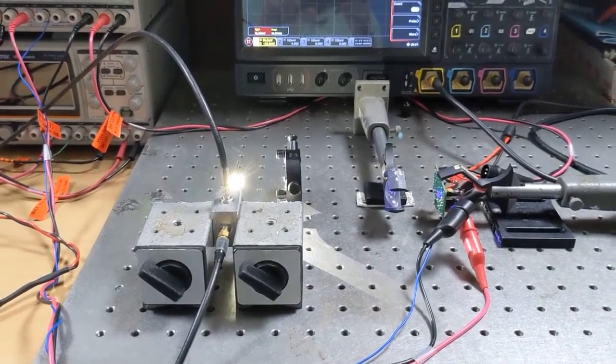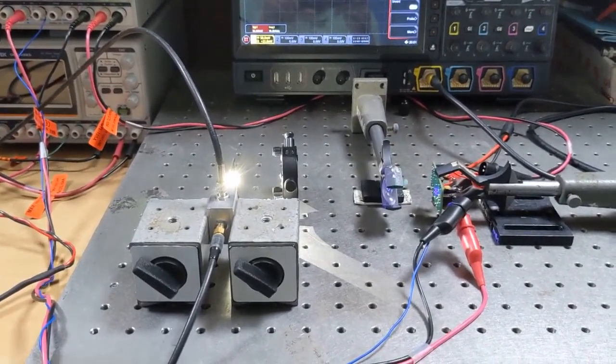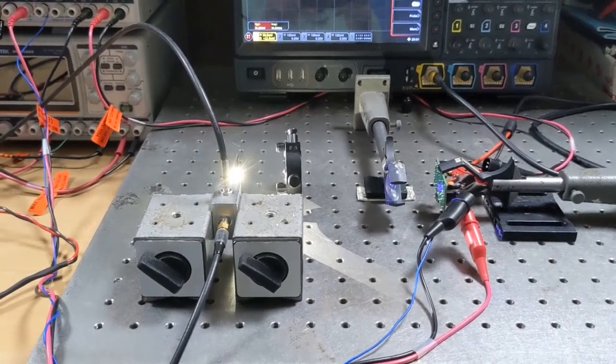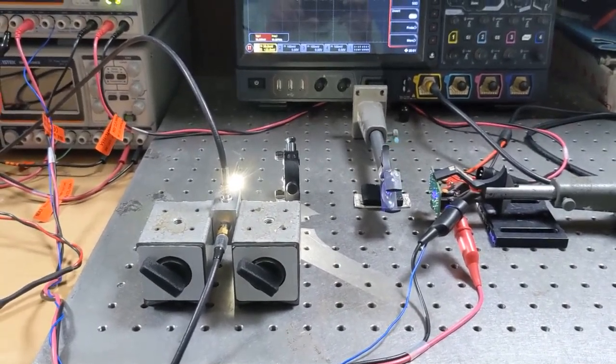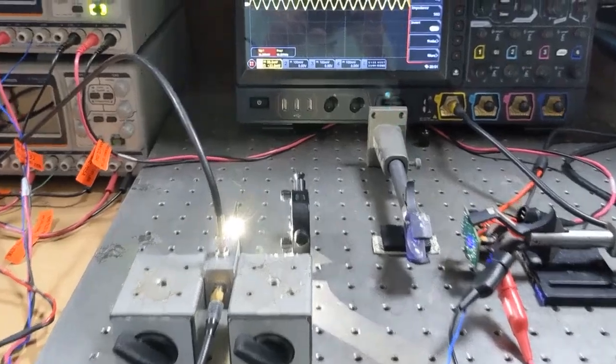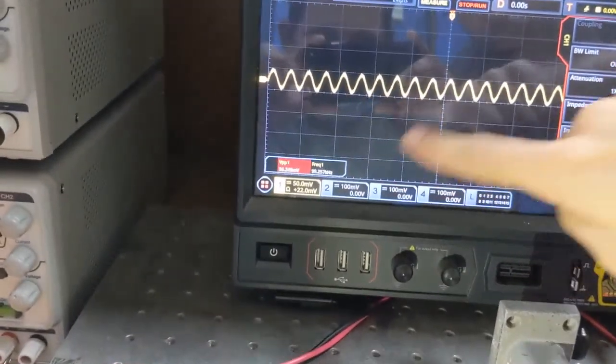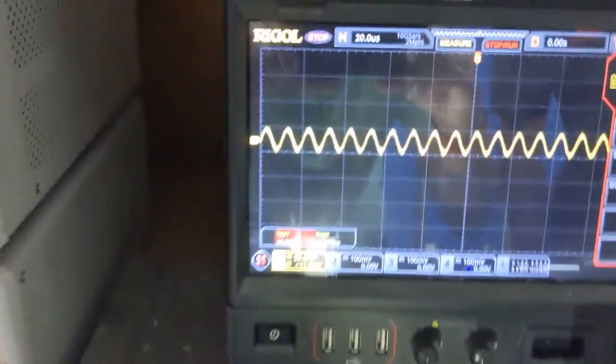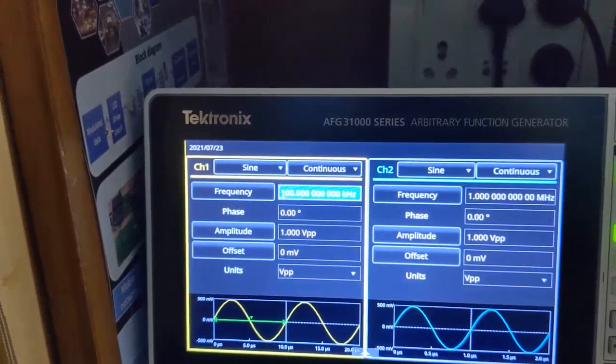Again let's check the bandwidth of the link when using the blue filter. Here we can see the amplitude of the signal is nearly 50 millivolt peak to peak at 100 kilohertz.